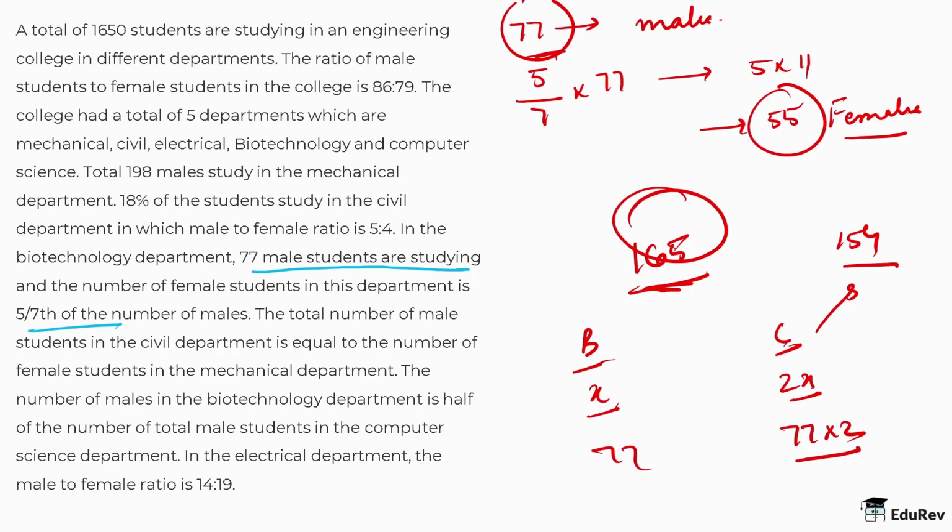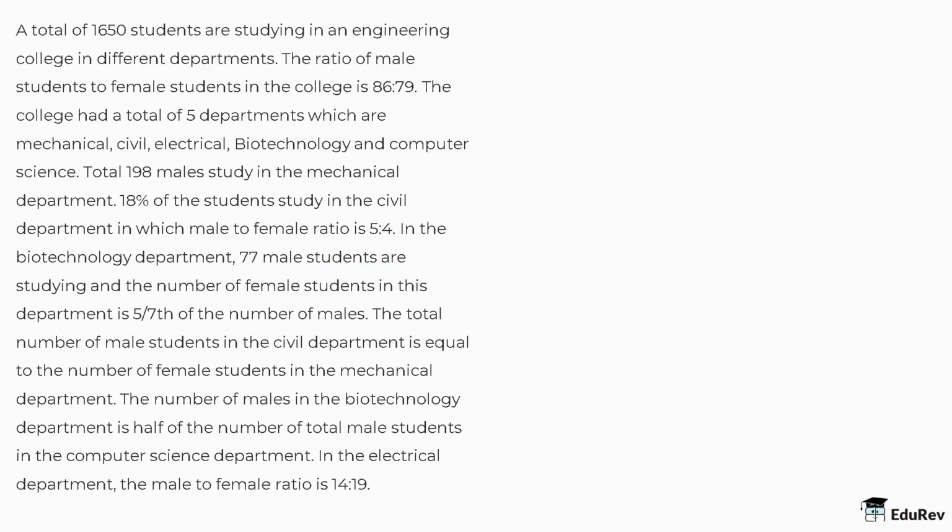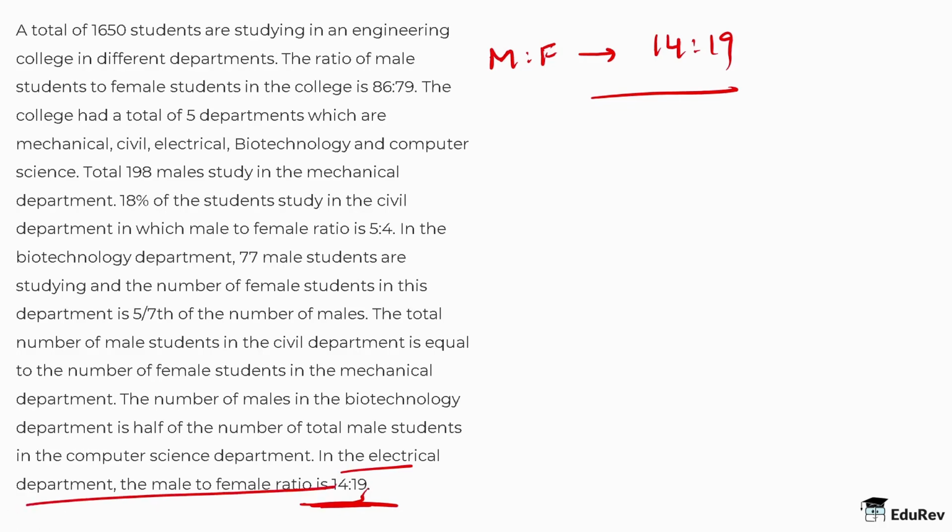Now when I move on to the electrical department line, they are saying that the male to female ratio in your electrical department is nothing but 14 is to 19. So where is the line that is giving me 14 is to 19? This is the line. So they are basically saying that in my electrical department, the male to female ratio is going to be 14 is to 19. So the total number of males in the electrical department will be